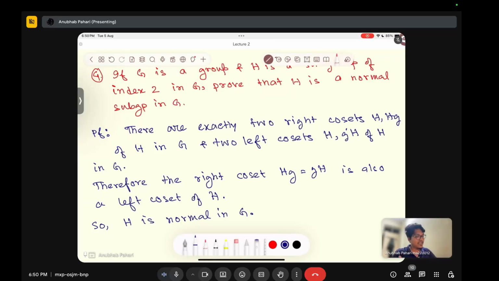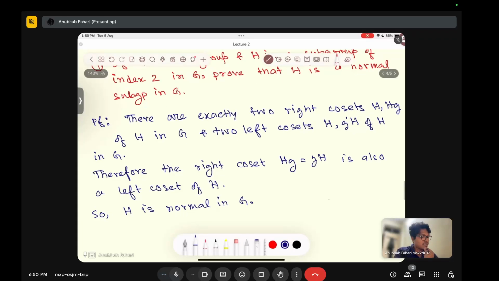If I take g and g dashed, then say g dashed H equals Hg. There are exactly two right cosets H and Hg of H in G, and two left cosets H and g dashed H of H in G. Therefore, the right coset